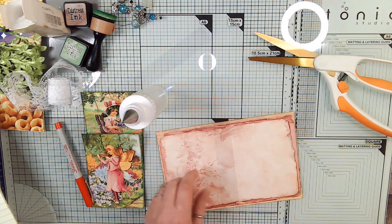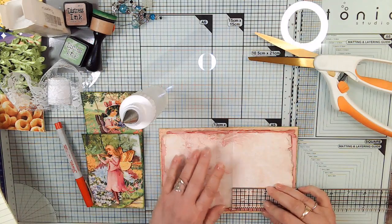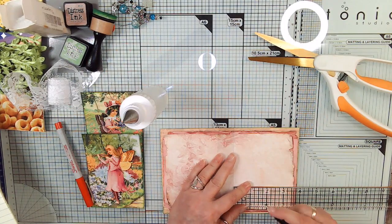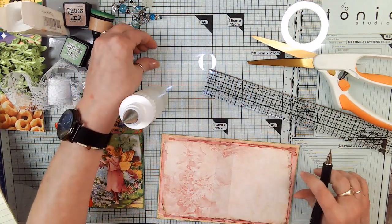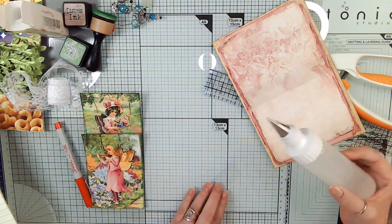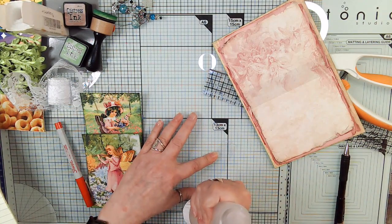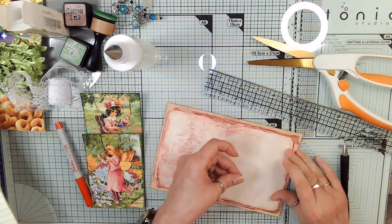Okay, and then we're going to go down about 3/4 of an inch. No, let's go down an inch. I'm only going to mark it on one side because if I make it straight, then it'll be fine. The bottom card is going to actually cover both anyway, but we want it to be pretty when we take the